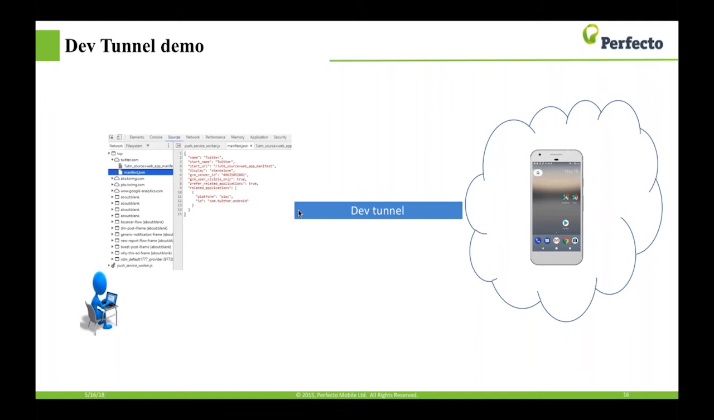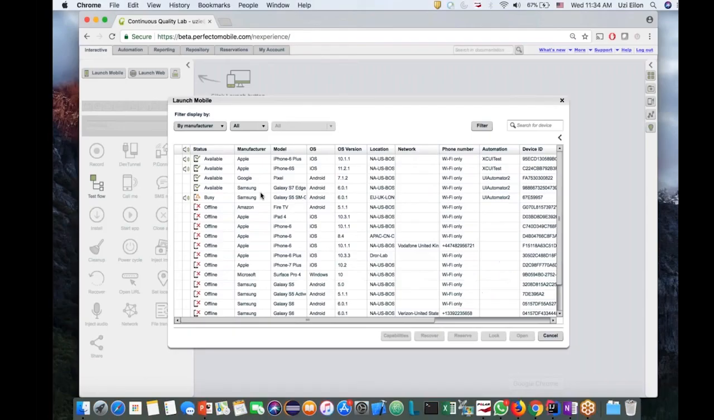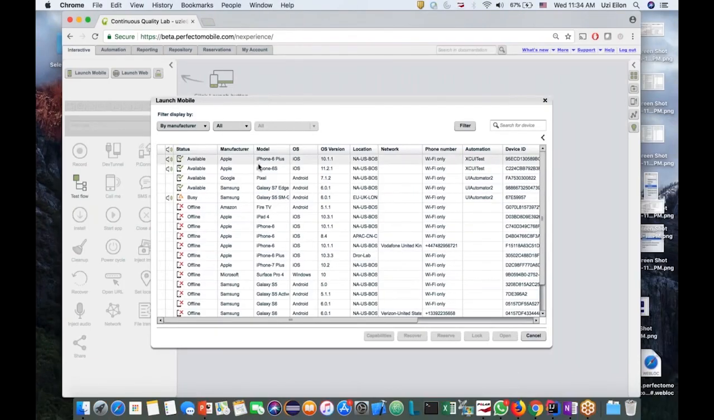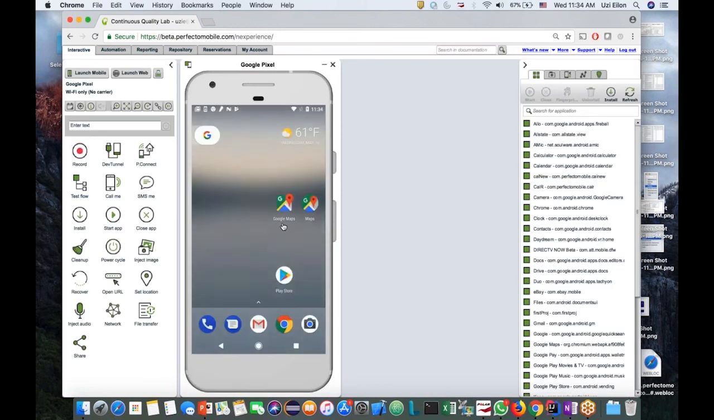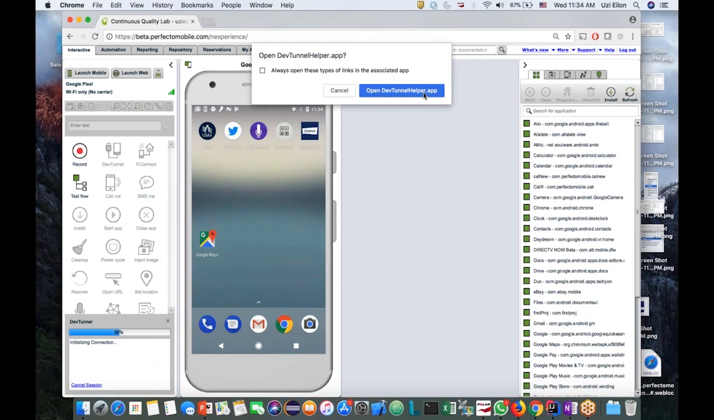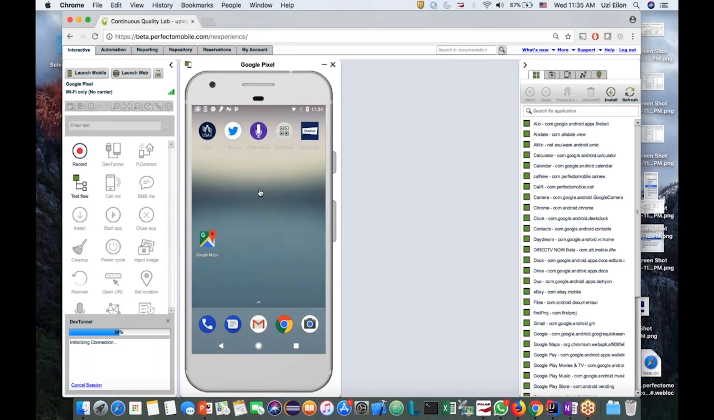So let's go to Perfecto Cloud. This is Perfecto Cloud, and I'm about to open my Pixel device. So this is my Pixel device. Just a reminder about Perfecto Mobile, we provide a cloud of real devices located in different locations in the world. And you can see here that I want to test the manifest of the voice memo application. So the first thing that I would like to do is to create the dev tunnel. I'm about to connect to the device, and after I'm connected to the device,